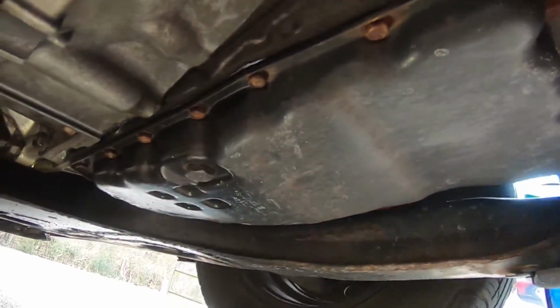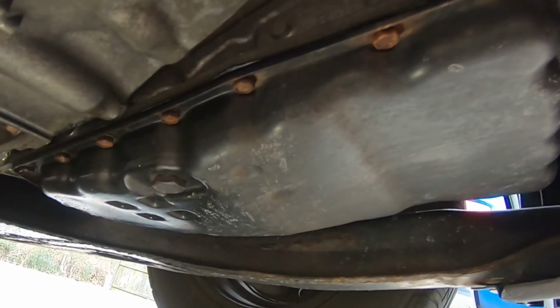In this video, I'm going to show you guys real quick how to change the transmission fluid and filter on a 2007 Nissan Altima with a 2.5 liter and a CVT transmission. If you have a 2007 or 2008 model, we've got drain plugs. So that makes this process a heck of a lot easier because we just have to drain the fluid out